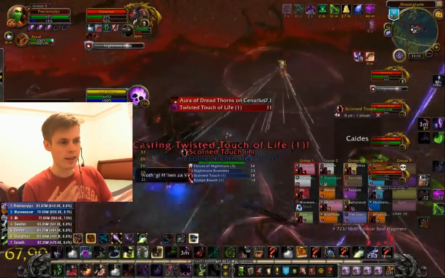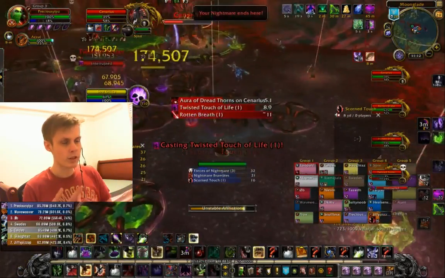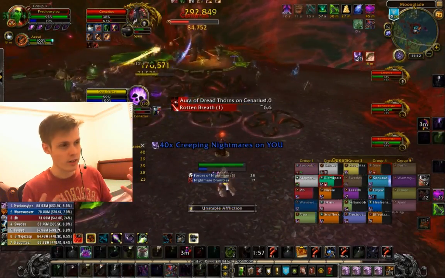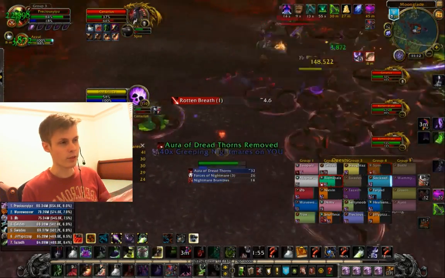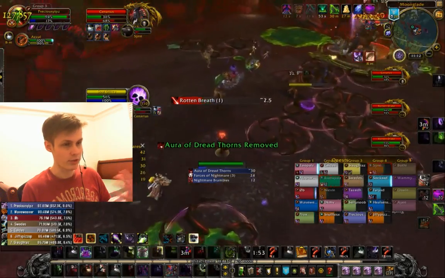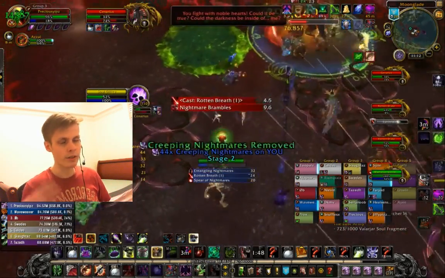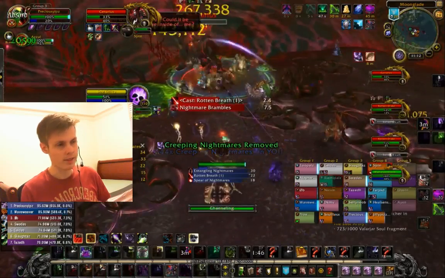I'm dodging mechanics, I'm avoiding damage, but I'm also pumping out huge amounts of damage because I have dots on 3 targets, and your dots hit very hard as an Affliction Warlock, especially when you have more targets to dot, obviously. So now that phase is over, I'm just kiting over, gonna clear my Creeping Nightmare stacks, and waiting for